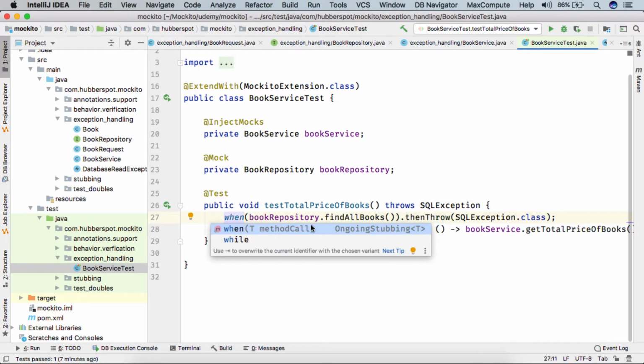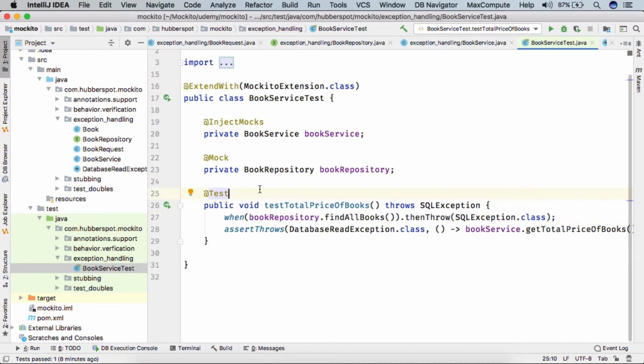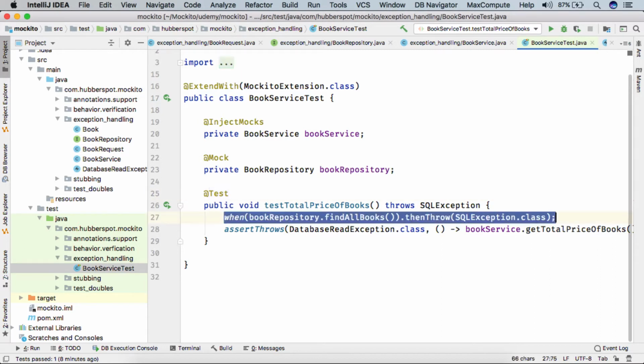When we call the when method and provide the name of the method, it returns an ongoing stubbing of a particular type. So for a void method this won't work. There is a different way to tell Mockito that this is a void method and throw an exception.